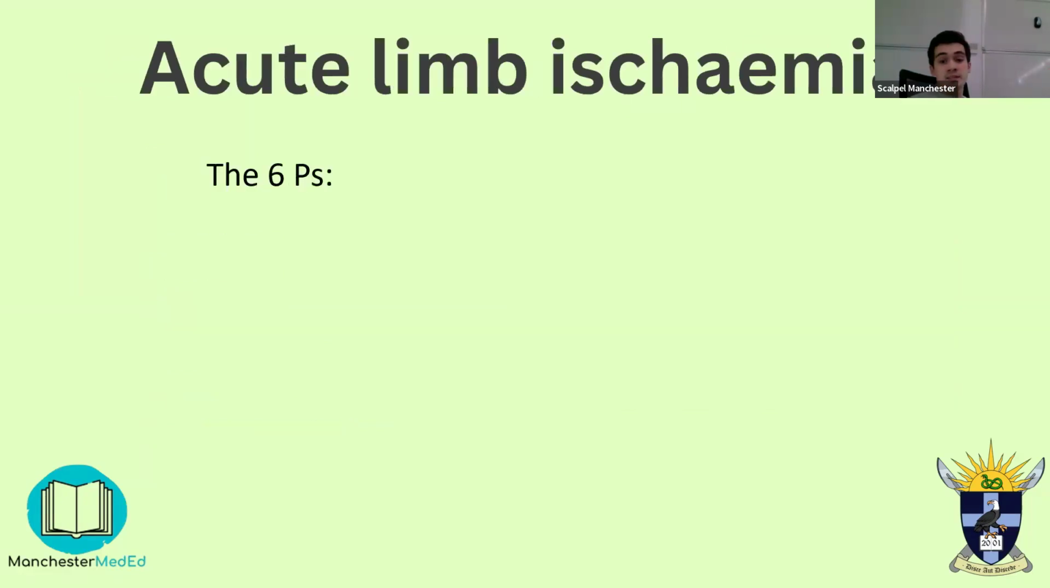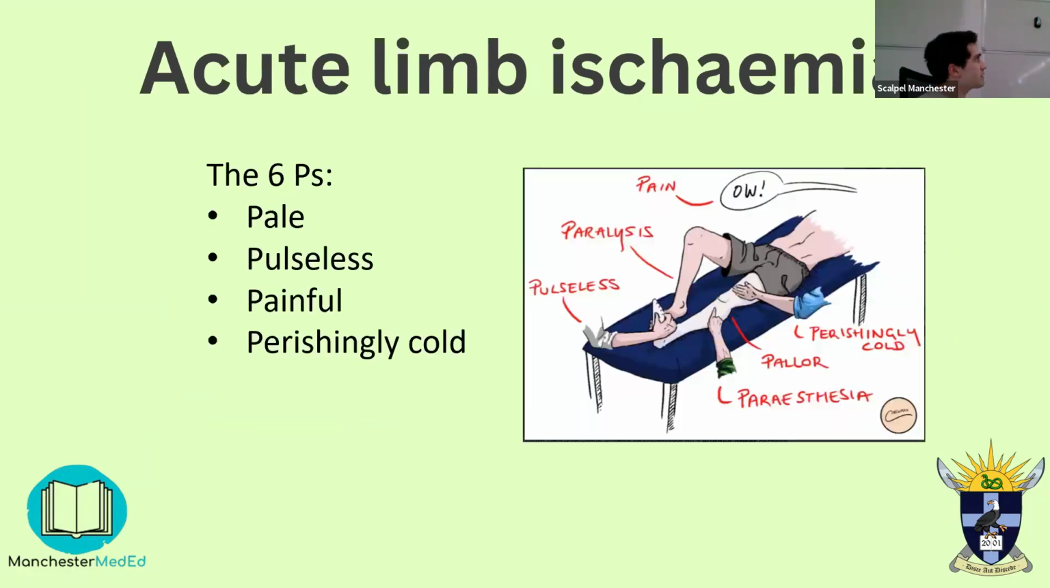So acute limb ischemia, the 6Ps, everyone knows the 6Ps. It's one of the things I think that really gets drilled into your head in preclinical years. But you don't actually get all of them at once. This is something that I think often isn't focused on in teaching. So yes, you get pale, pulseless, painful, and perishingly cold, but the other two, paresthesia and paralysis, don't appear